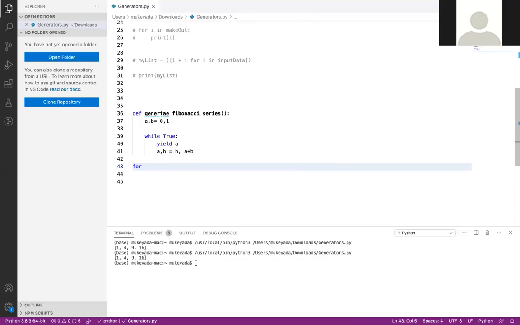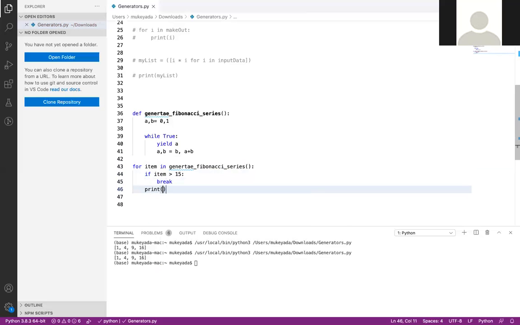Now let me iterate through this one. Let me say for item in generate_fibonacci_series, and let me say if item greater than 15, at that time it should break.